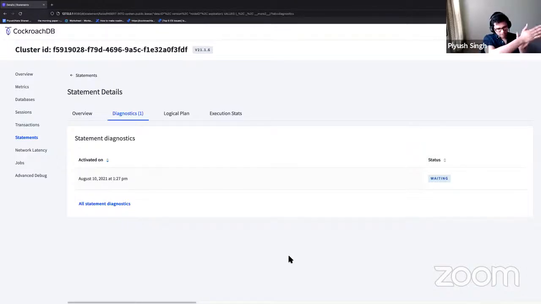So here's an overview of how this is executed throughout the entire system, what nodes it was executed on. We have log messages attached to the spans that are involved in each of the things that are being executed inside of the cluster to show you what's actually happening. And you can use this to identify things like contention, right? So if you have two statements that are both trying to access, let's say, the same record in a table,